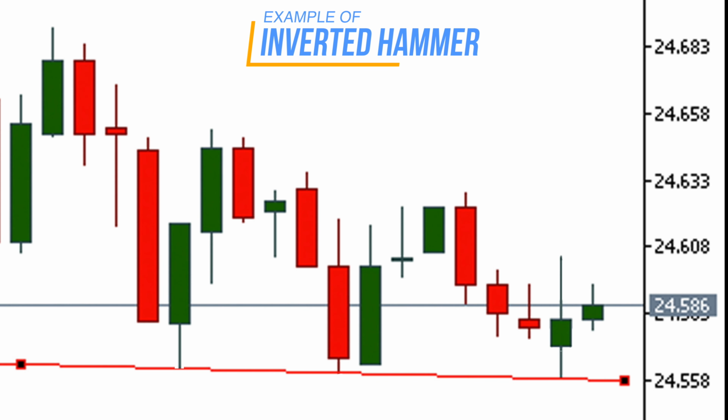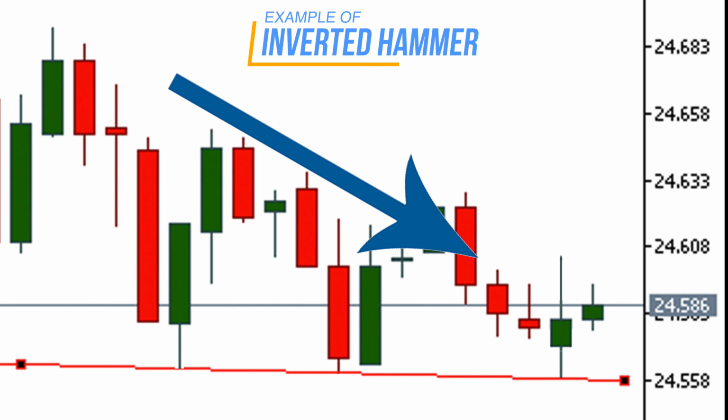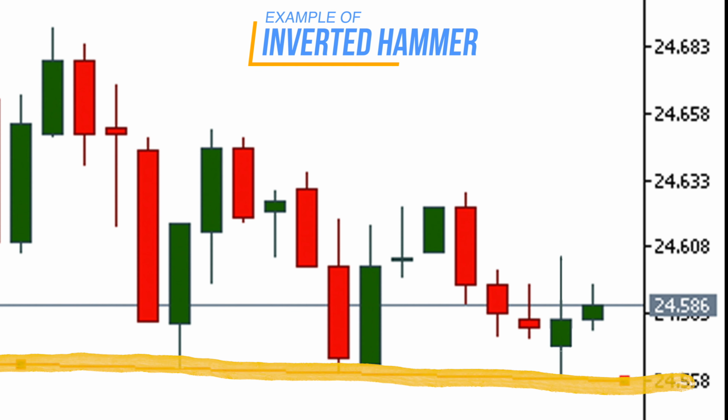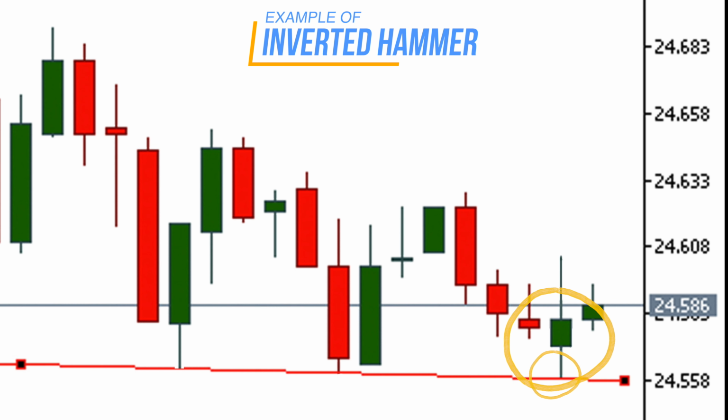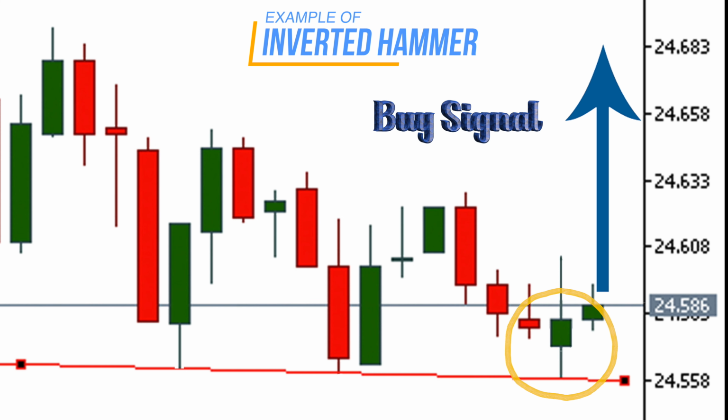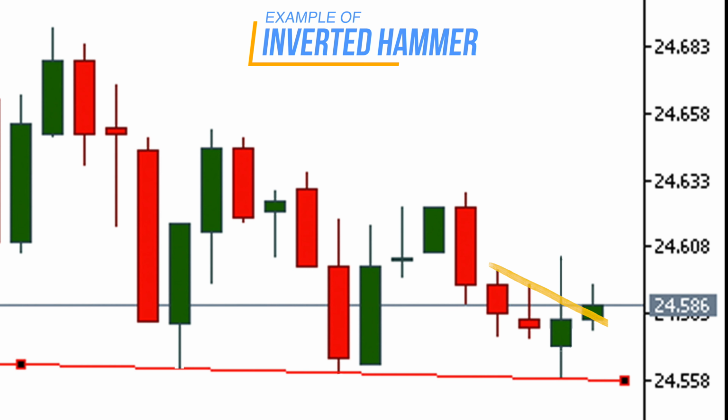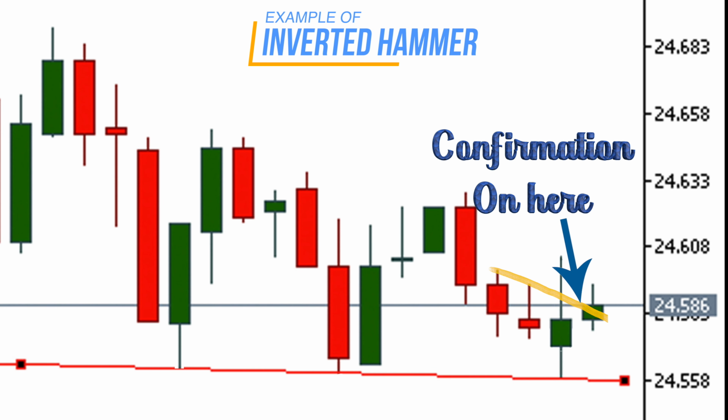The chart shows that the market began the day testing to find where demand would enter the market. Silver versus US dollar commodity price eventually found support at the low of the day. Indicators should be used in conjunction with the inverted hammer candlestick pattern to determine potential buy signals. Here the inverted hammer confirmation occurs when the next candle crosses the line of the inverted hammer's closing price and the high prices of the previous candles.